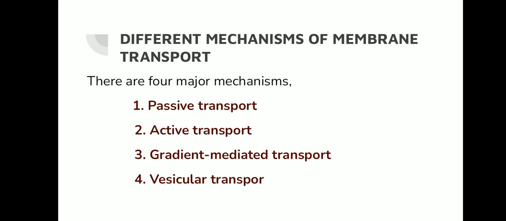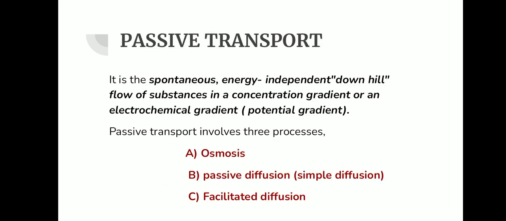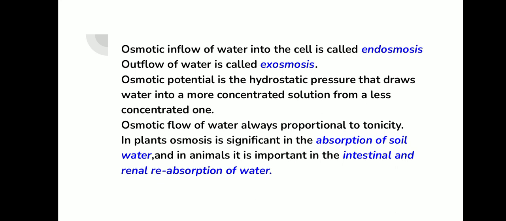Passive transport is spontaneous, energy independent downhill flow of substance in a concentration gradient or an electrochemical gradient. It involves three processes: osmosis, passive diffusion, and facilitated diffusion. Osmosis is the net movement of water and other solvent molecules from a less concentrated to a more concentrated solution through a semi-permeable membrane. In plants, osmosis is significant in the absorption of soil water, and in animals, it is important in the intestinal and renal reabsorption of